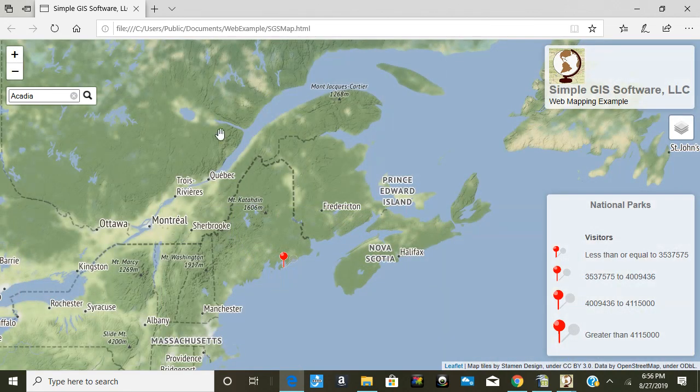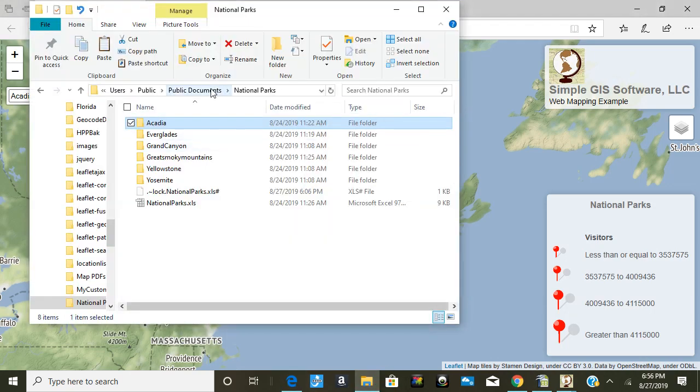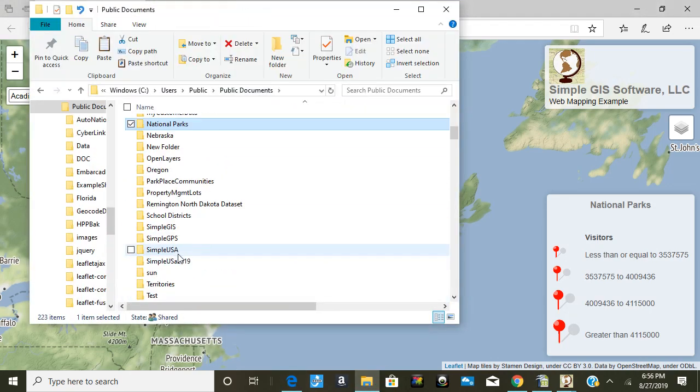And again, it's using the tile mapping service I had specified in my map data view document, along with the spreadsheet that we had built this layer off of. So now this is a nice web mapping application. We have it built, but again, it's just stored on our hard drive. So now if we wanted to share this, if we was to go and actually locate this folder, so if I was to go back to my public documents and look at my